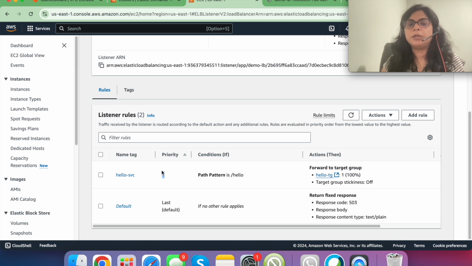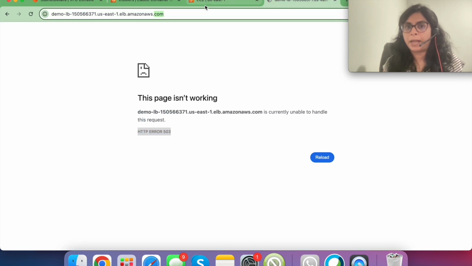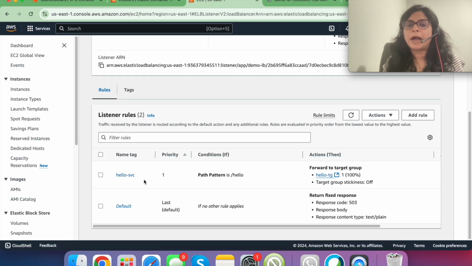Based on that, your execution will always run. So whenever a request comes to this particular load balancer, it always first evaluates these listener rules. If this applies, if this is successful, it will go to this hello target group, then it will move to the next one. So that is very important to understand, these rules, when you have multiple microservices,